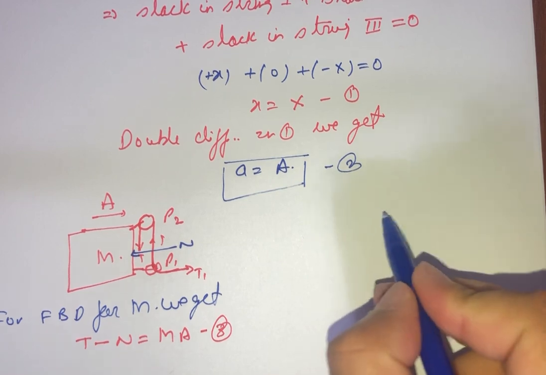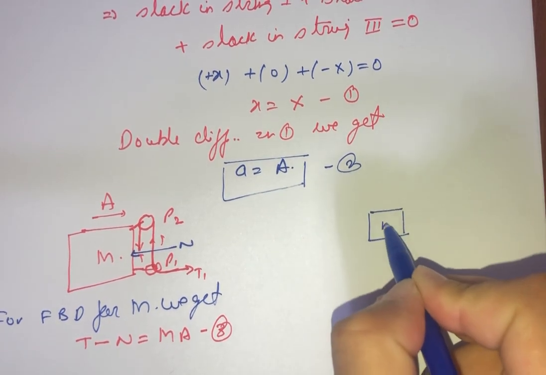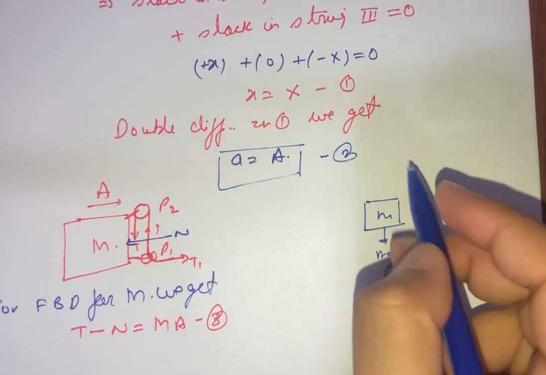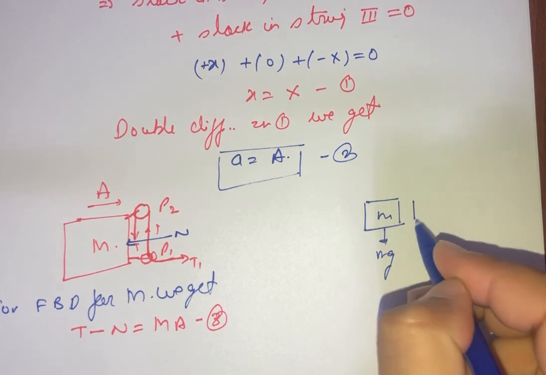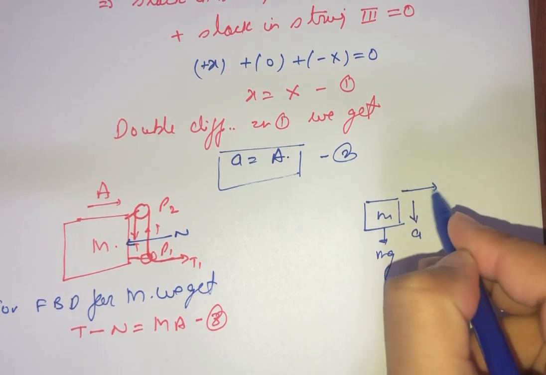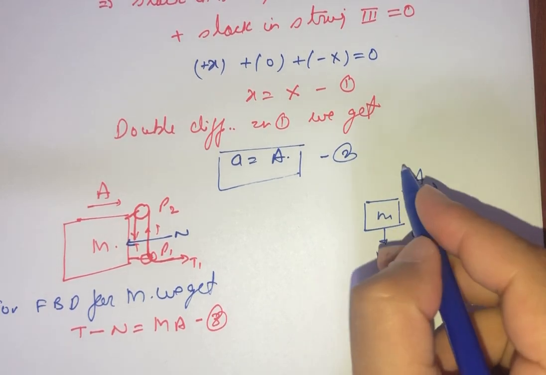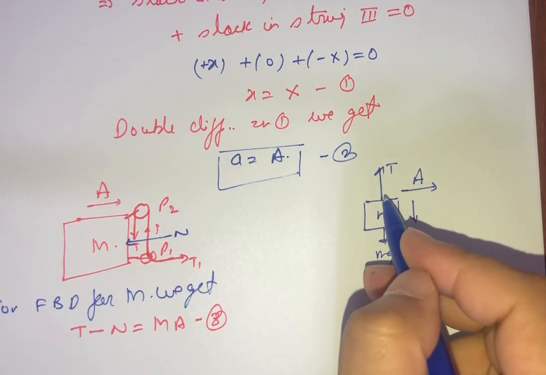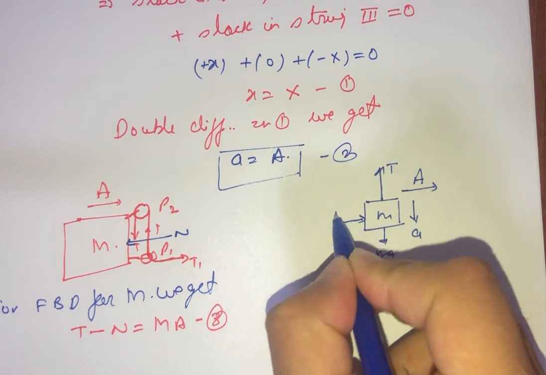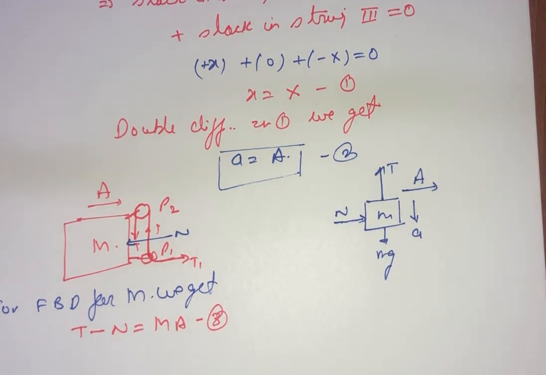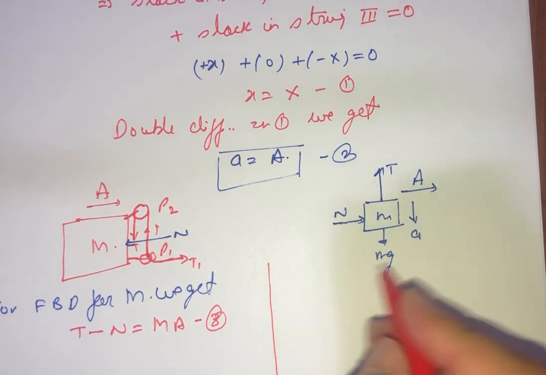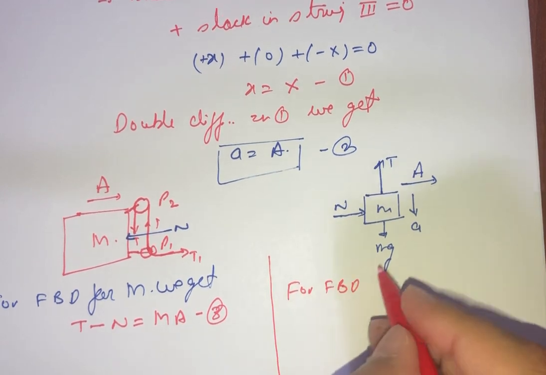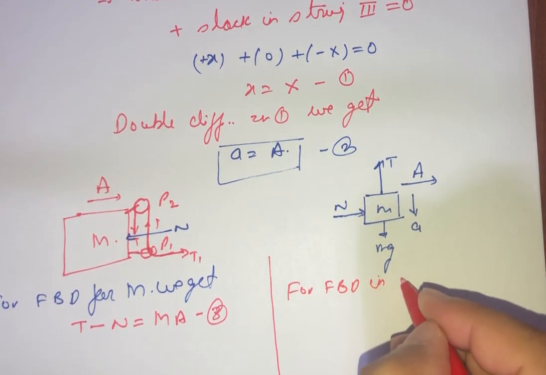And for small mass, see m, it is going in downward direction with mg. Okay, it is going to have two accelerations, one in downward direction by a and another one in horizontal direction, that is capital A, and there is a tension T which is acting in upward direction, and there will be a normal in this direction. So we can say that for FBD in small m,